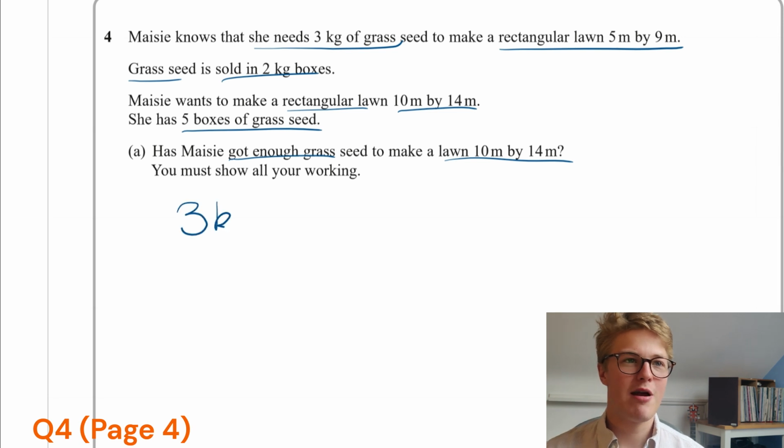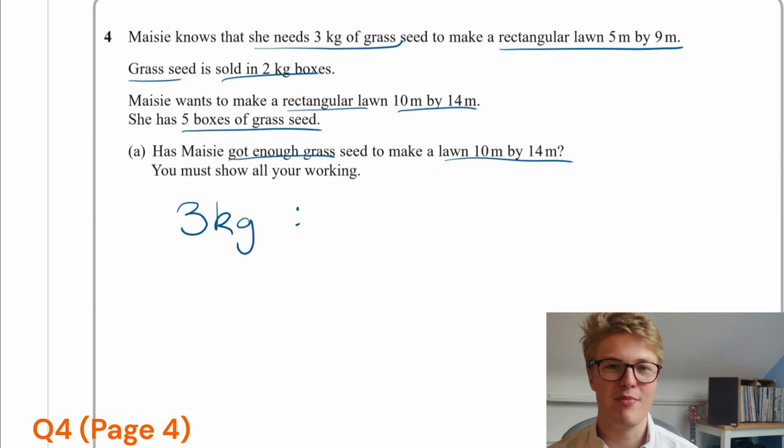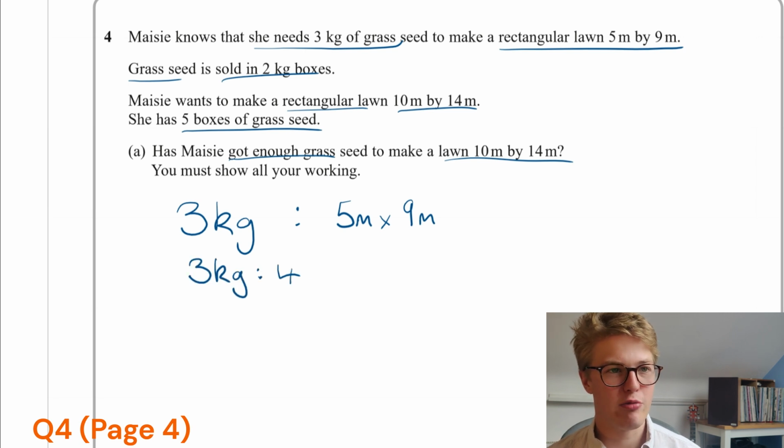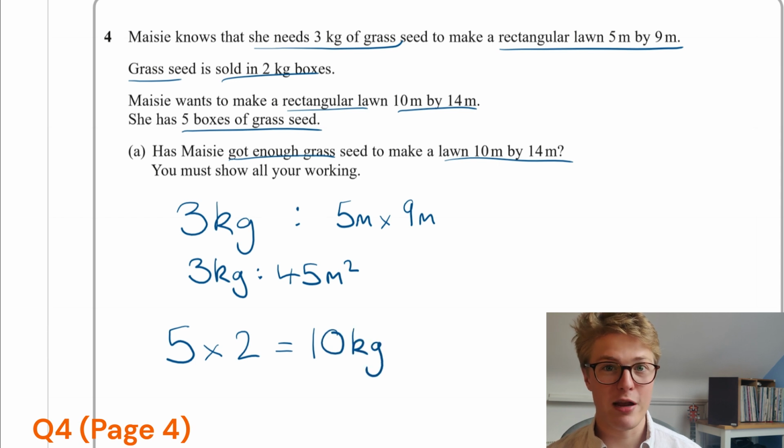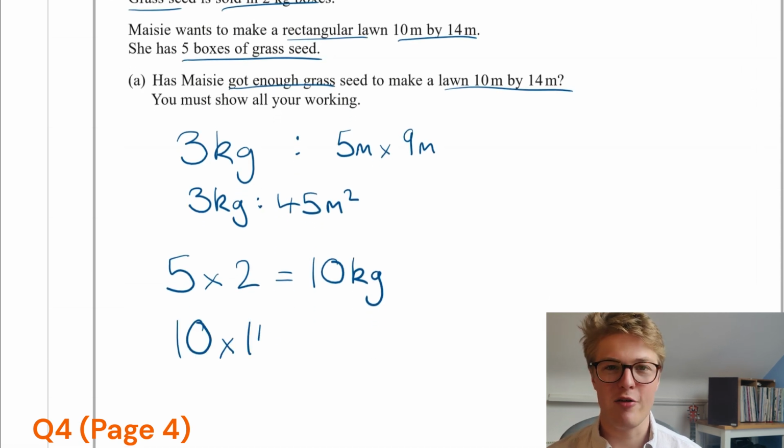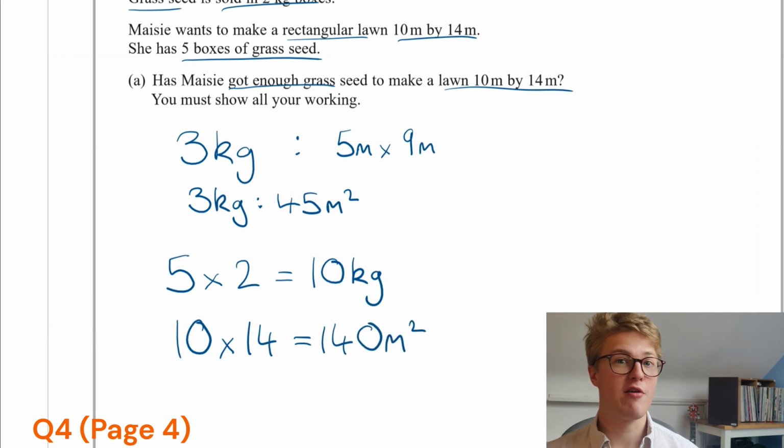So we know that 3 kilograms of grass seed makes a lawn that's 5 meters by 9 meters. This is the same as 45 meters squared. So we know that 3 kilograms makes a lawn that's 45 meters squared. 5 boxes of 2 kilograms of grass seed gives us 10 kilograms. And we know that 10 times 14 is 140 meters squared, which is the total surface area of the lawn